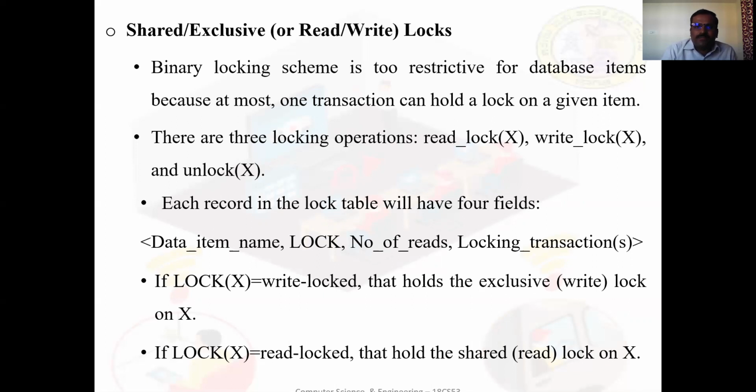Each record in the lock table will have 4 fields: data item name, lock, number of reads, and locking transactions. These are all the 4 fields of the lock table.